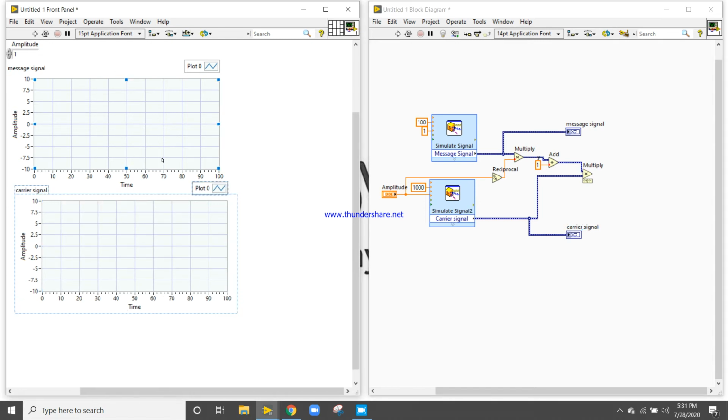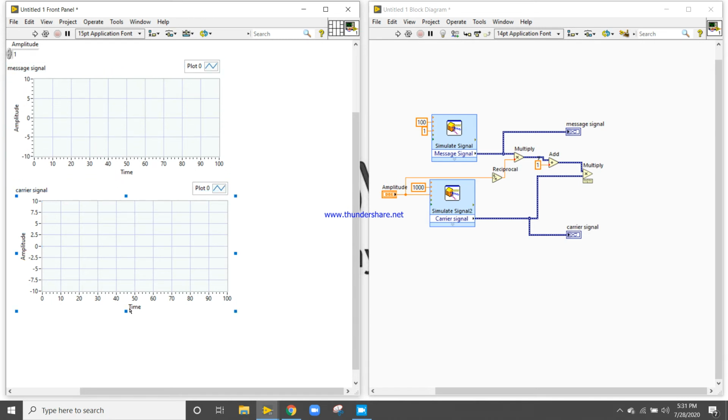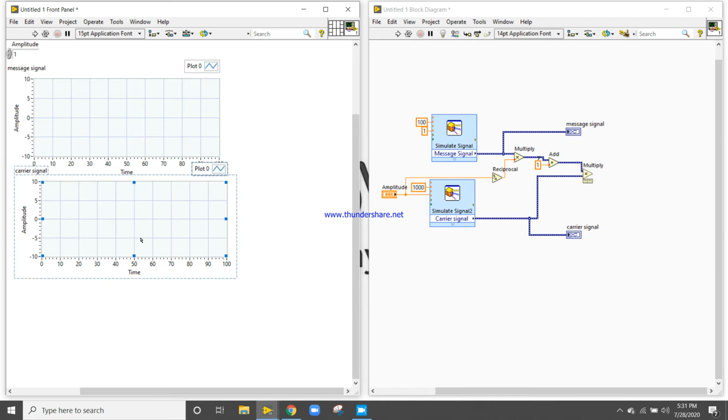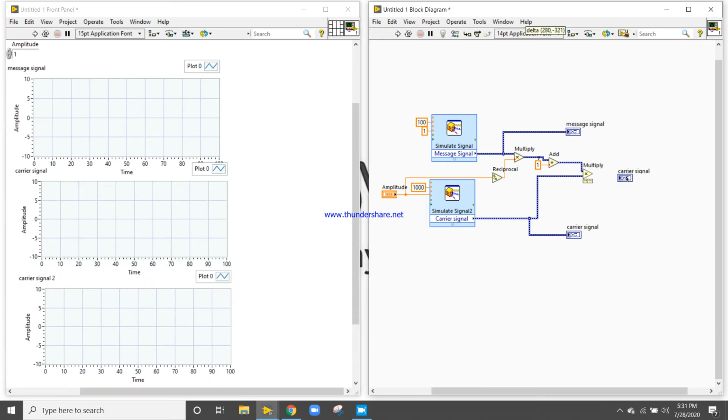So now let's time to take one modulated signal here. Now this one is modulating signal.